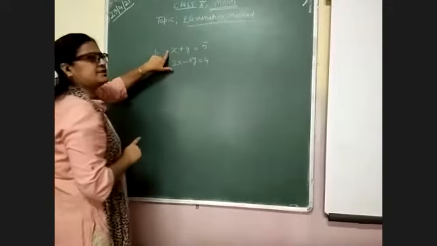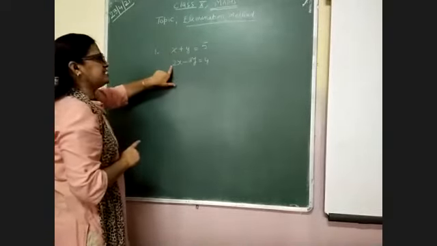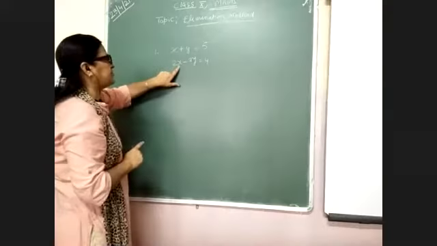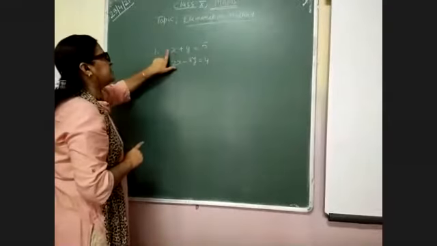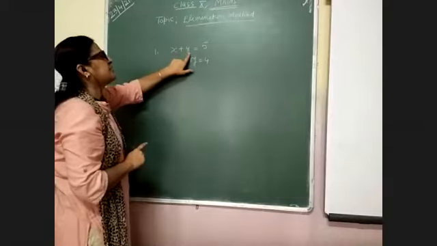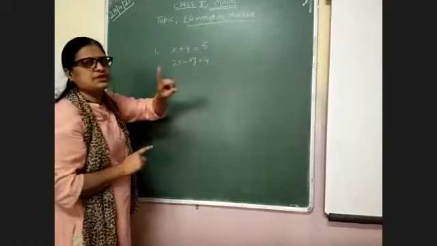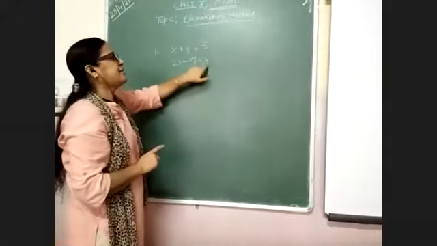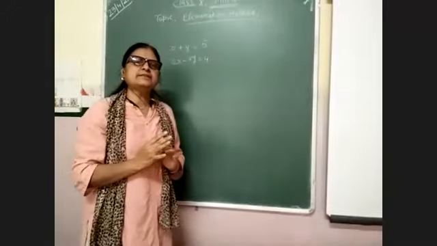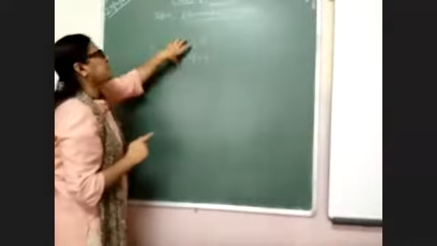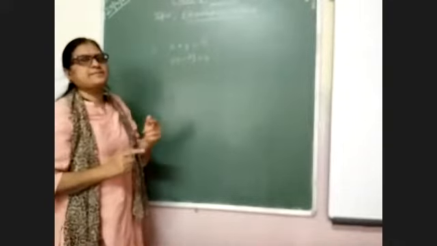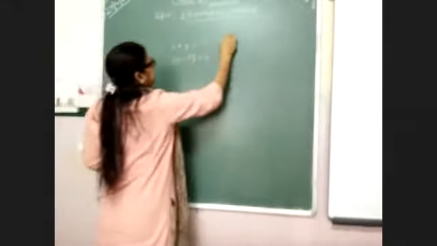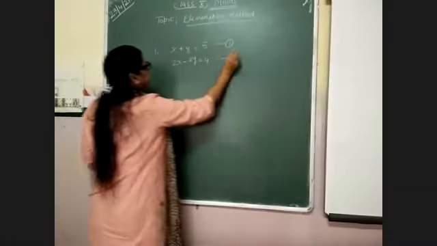Here the coefficient of x is 1, here the coefficient of x is 2. And the coefficient of y is plus 1 and the coefficient of y is minus 3. And 5 and 4 are the constant numbers. So how will you make these variables equal? Then the step is to multiply